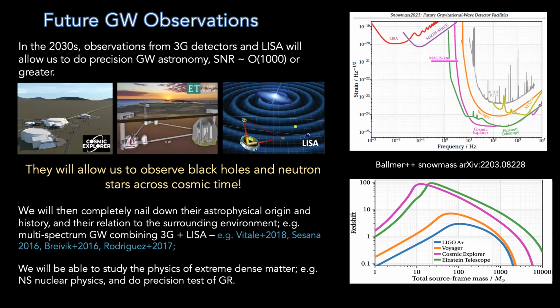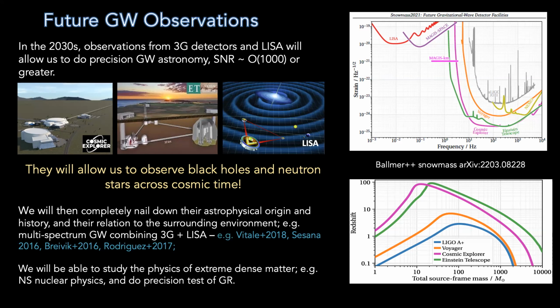This is pretty impressive. So we really have a lot of work ahead of us to do. And not only that, there seems to be also a lot of interest in combining the observation from third generation gravitational detectors and LISA. So you can, for example, follow up this binary from the early inspiral down to merger for their entire history.